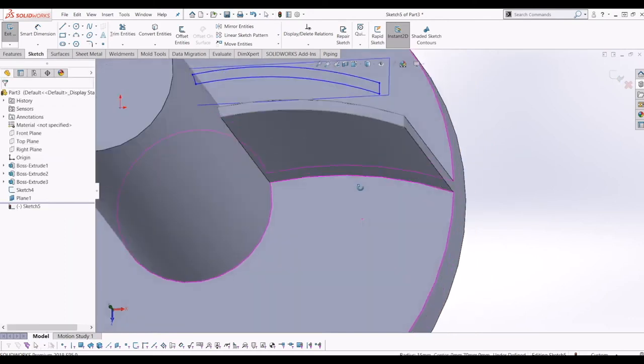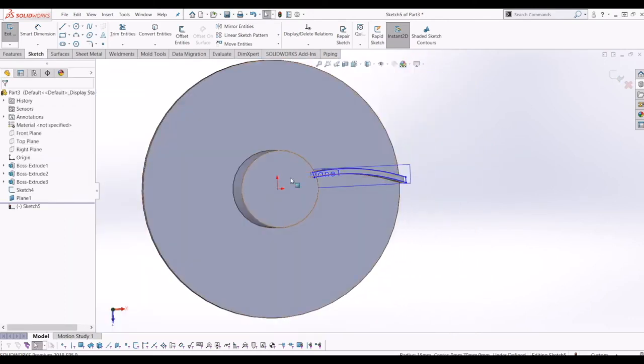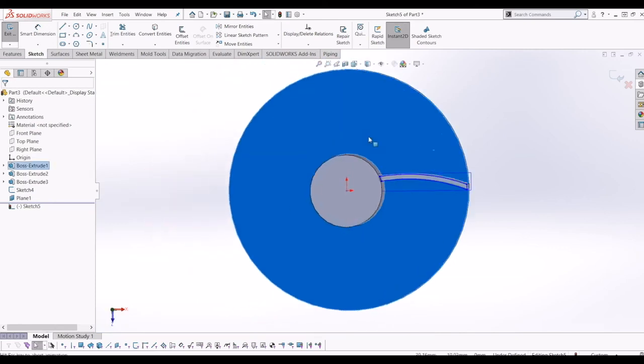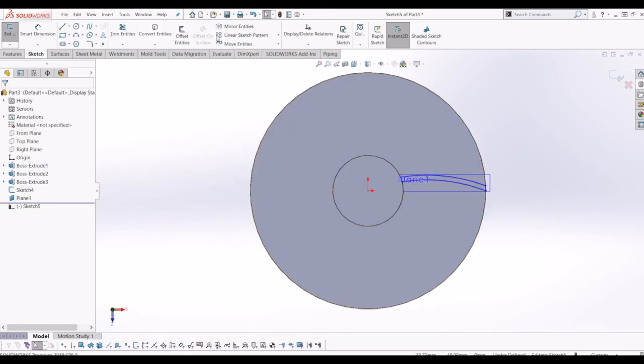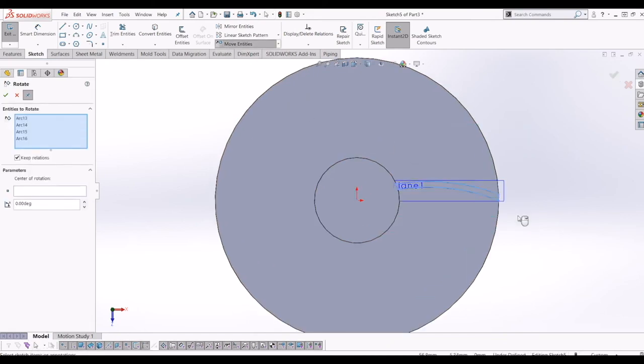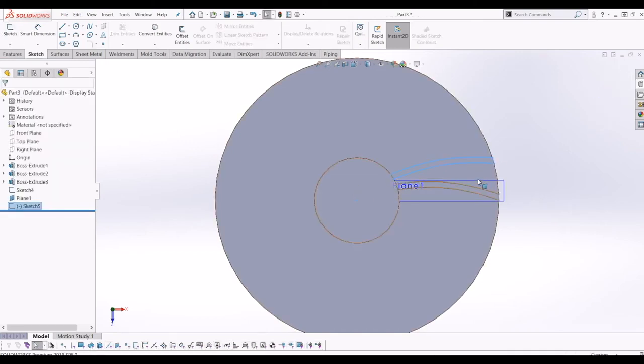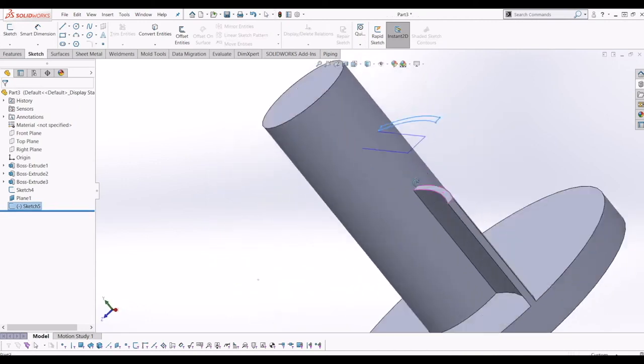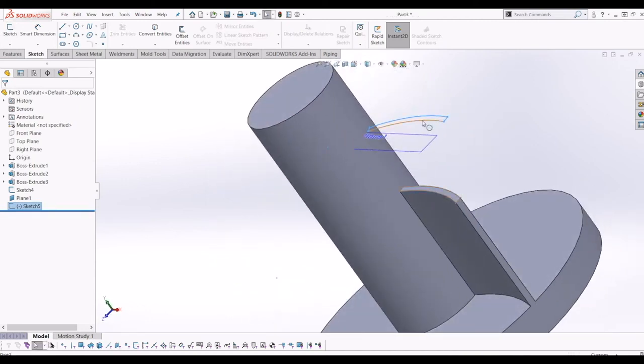So now the sketch has gone blue, so that means I can move it. It's not defined. So from there, I'm going to rotate this profile. If I go to rotate entities, highlight the entities I want to rotate, and in center of rotation, I'm going to click the datum point, and I'm going to rotate it 15 degrees. And tick it. So now I've got halfway up from here to here